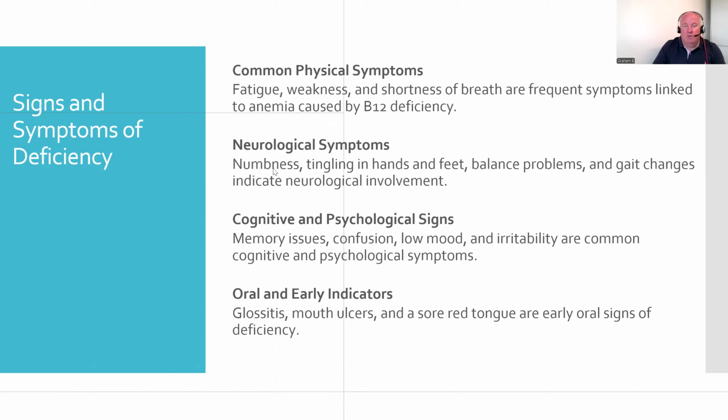Have a look for numbness, tingling, a gait, that's the way you walk, any balance problems, any falls. There's lots of new research looking at B12 and folate in dementia. It's not conclusive or definitive at the moment, but there's lots of research around memory, confusion, delirium, and could that be linked to B12? So you kind of add in, it makes you tired, short of breath, balance problems, confusion,